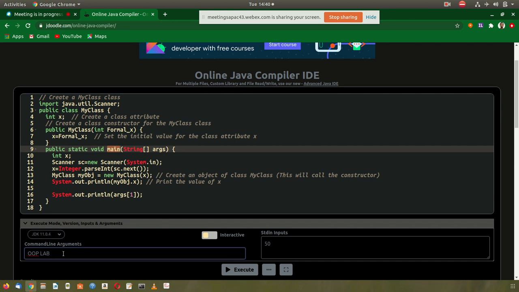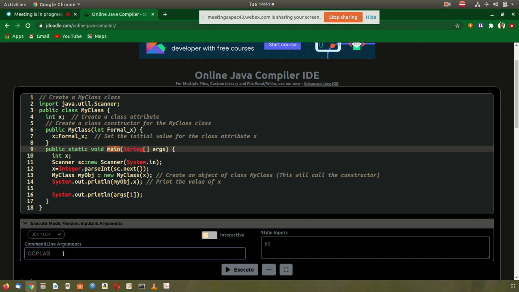You can set some values at the time of execution only if you have a main function. If your program has no main function and you want to initialize some values of the class, that is only possible with a constructor.